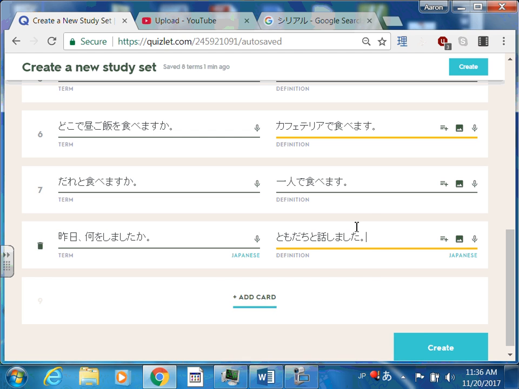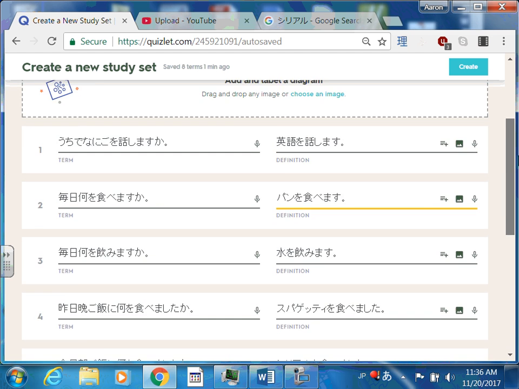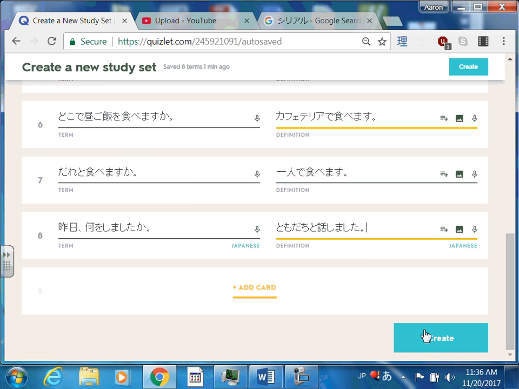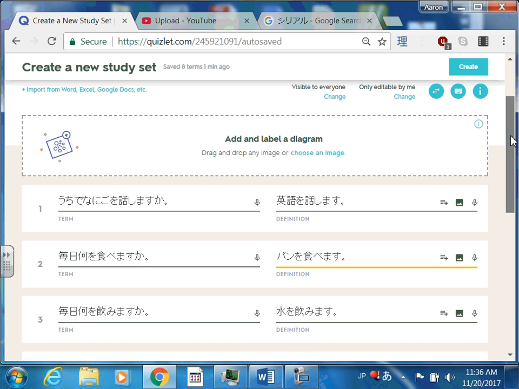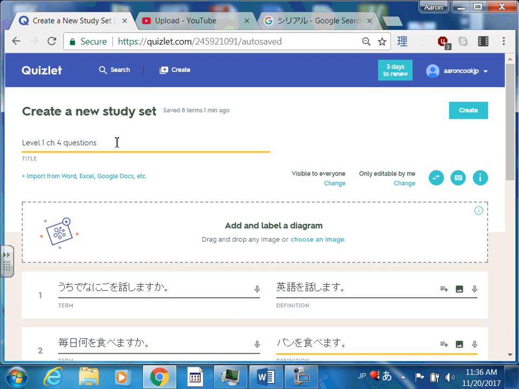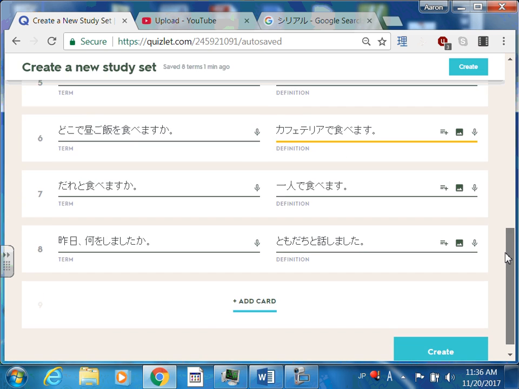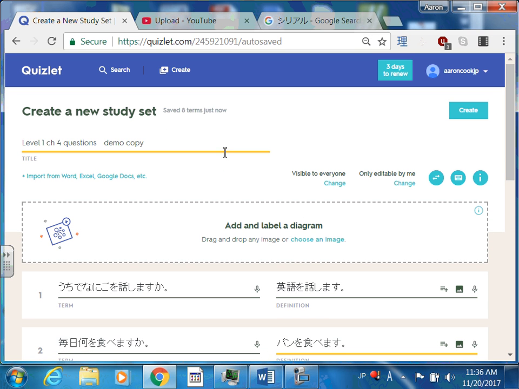So once these are all filled in, click create. I'm actually going to name this demo copy or something else. You can call it whatever you want. Make sure you're saving this to your own Quizlet. And if you do close this out,